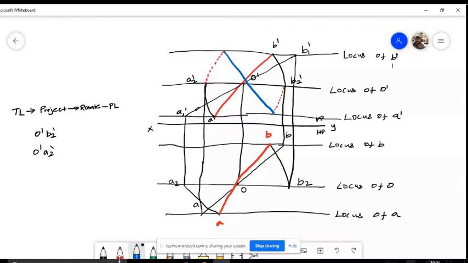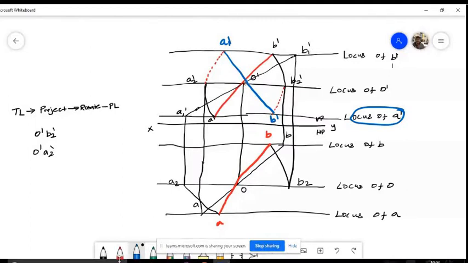See, if you do that, this will become my A1, A dash, and this will become B dash. But this line corresponds to the locus of A dash, so only A dash should come here. If you do it in the opposite direction, the point will be reversed. So that's not right. You should not do that.